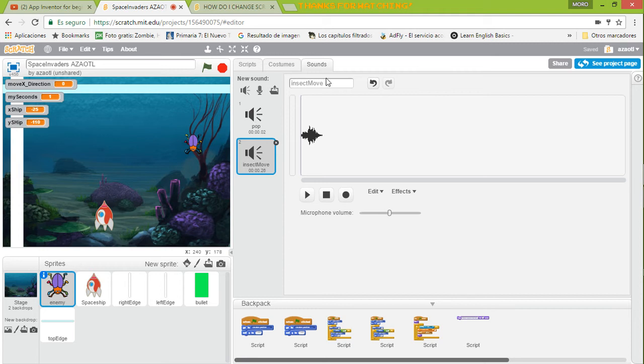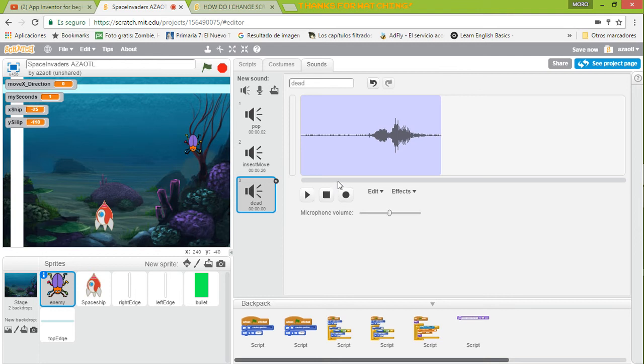So we're going to create a sound. So check, we have insect move, then we are going to record another sound. We are going to call it dead. Then we are going to go here and we are going to record the sound. So let me think of something. No, I guess it was very long. So we delete again. I guess yes, I like it more. Then we just delete the extra information,